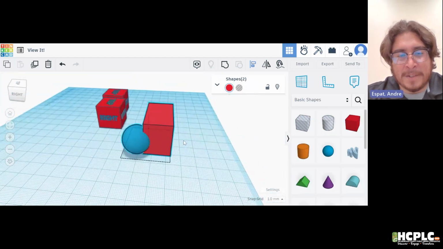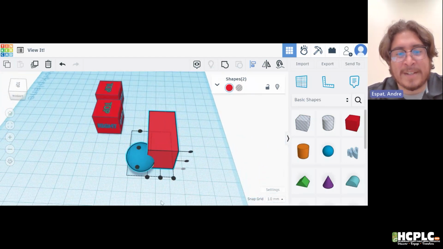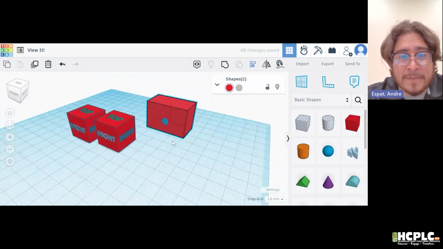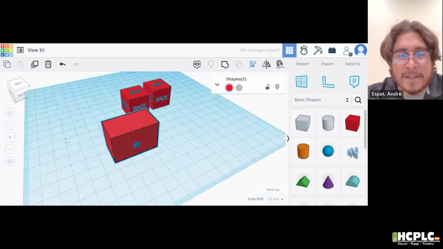And if you pay more close attention to it, you can see that it's actually specific to the actual edges of the object. So if I click on the middle here, it's going to align the sphere to the middle of this side of the prism. If I click on this middle, it's going to center it to the actual middle of the prism right over there. Once again,